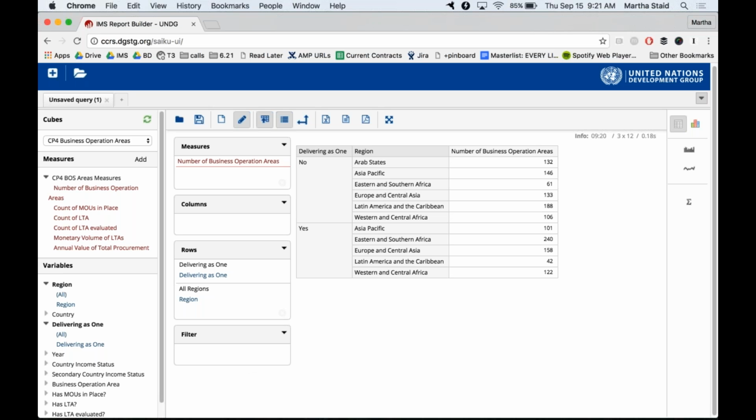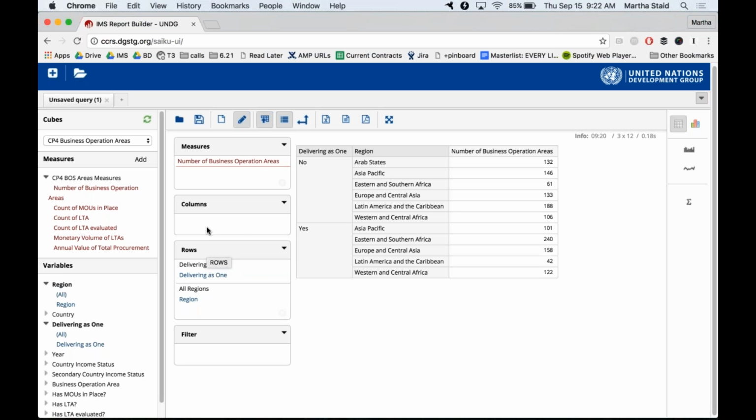One thing to note is that if you are building a table and you've chosen the pieces of information you want, but it's not spitting out the data in the way that you find useful, it may just be a matter of moving around these pieces of information, either within one of the boxes or between these rows and columns areas.